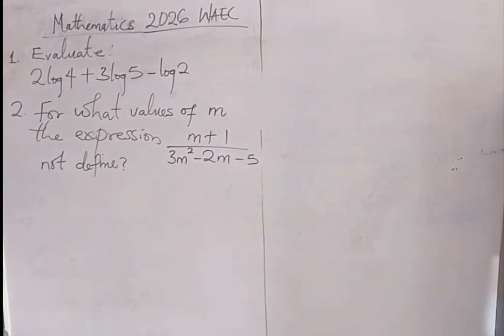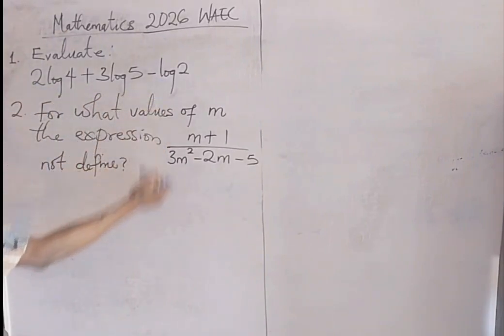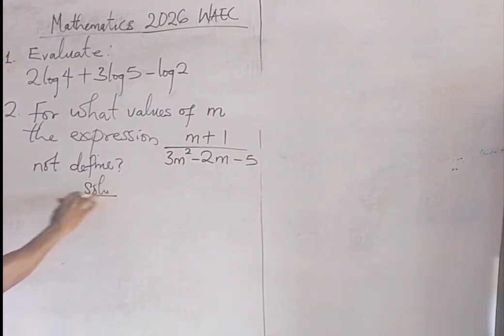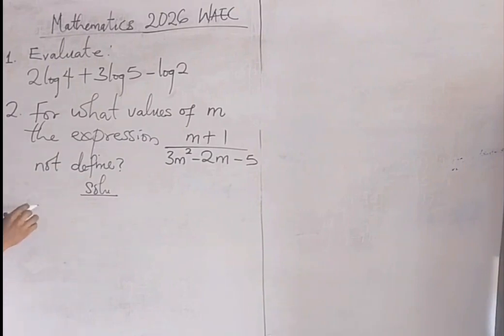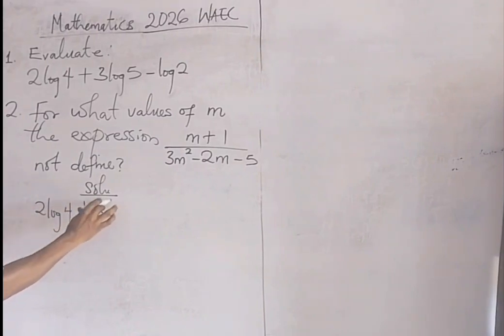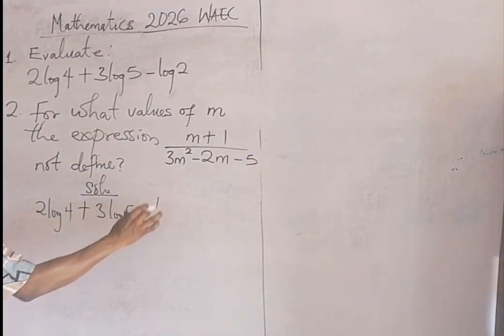First, we have: evaluate 2 log 4 plus 3 log 5 minus log 2. Let's write down the question. Solution: we have 2 log 4 plus 3 log 5 and minus log